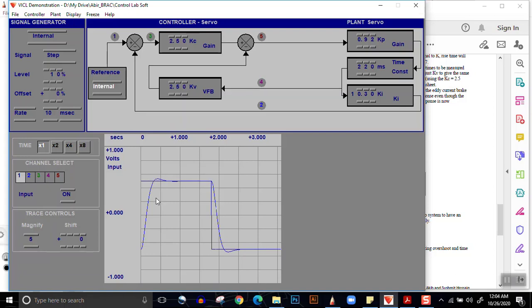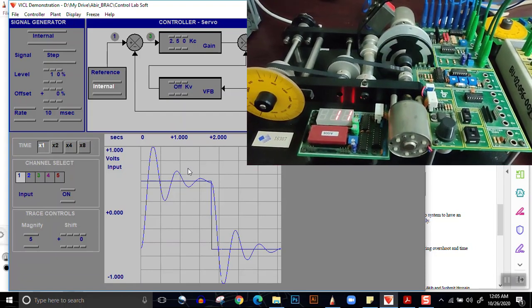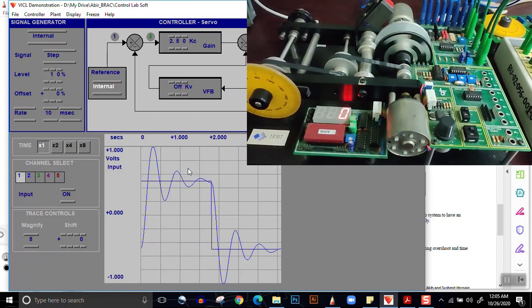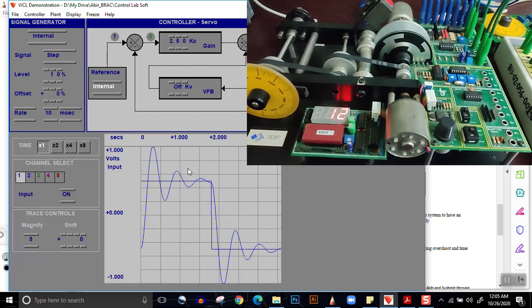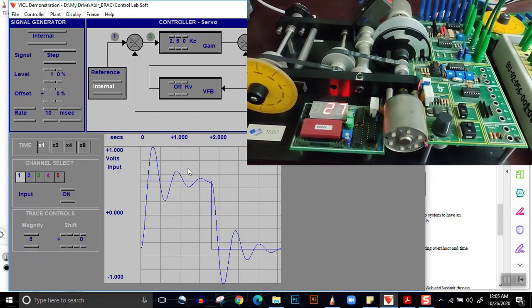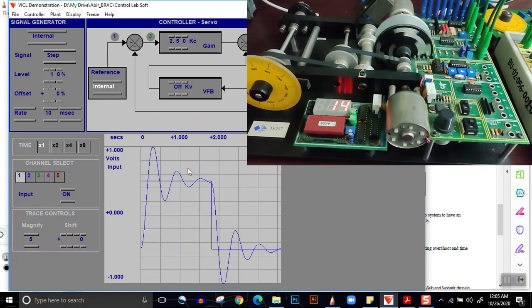Now, what we'd see is, if Kv was equal to 0, if Kv was off, in the right hand side top corner, you'll see that there is a lot of jerking involved. That is the machine itself, the motor that we're using, the servo motor, that will reach a constant point. That is, it will hold a constant position in both the directions, but there will be a lot of jerking